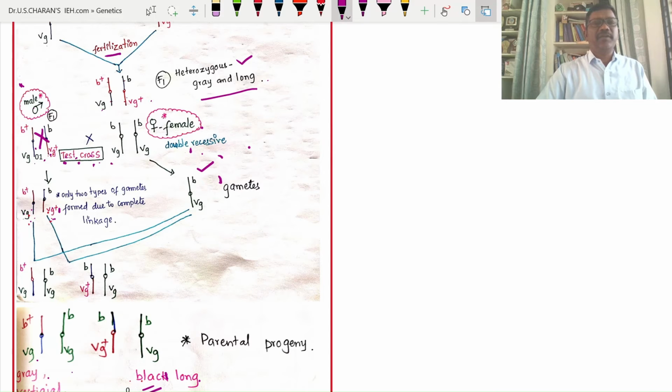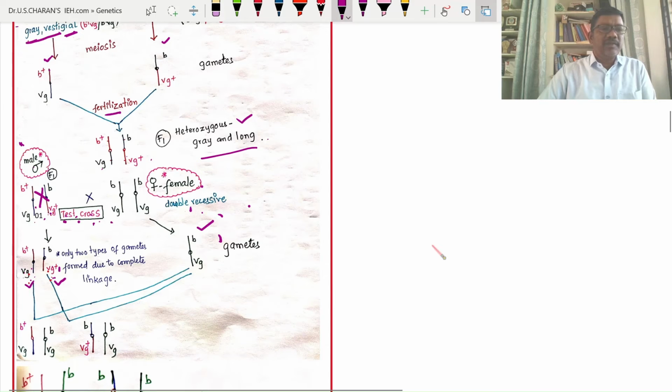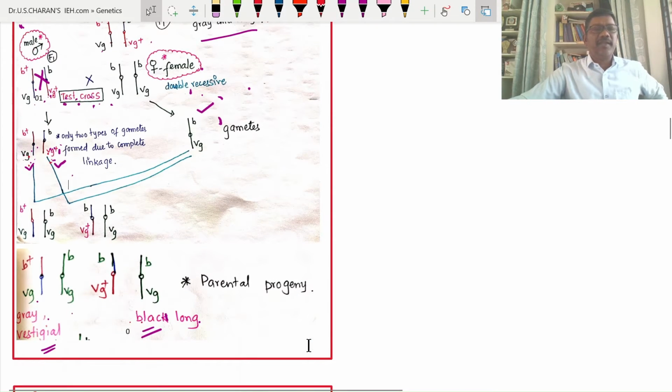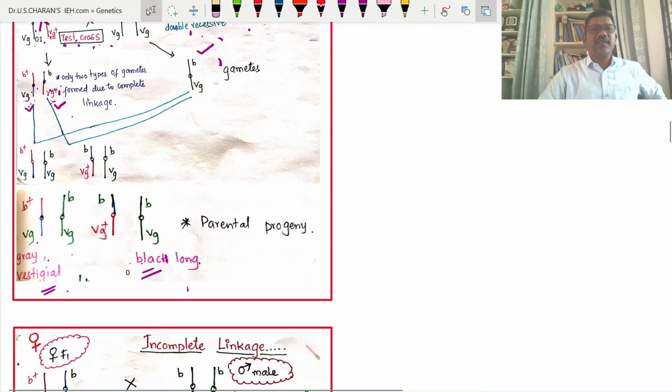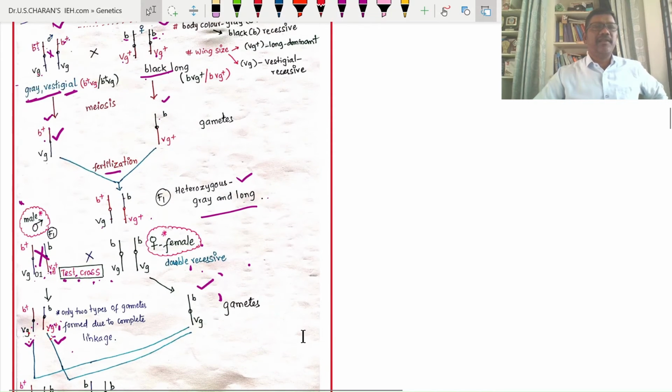So they formed only two types of gametes, parental type gametes. These two gametes formed by this F1 parent are similar to the gametes produced by the parents. These are the same. This gamete is also the same as this. So with these gametes, they can form only parental type organisms. Grey vestigial and black long organisms, those are parental types or parental progenies. Grey vestigial, black long. What happened here is,